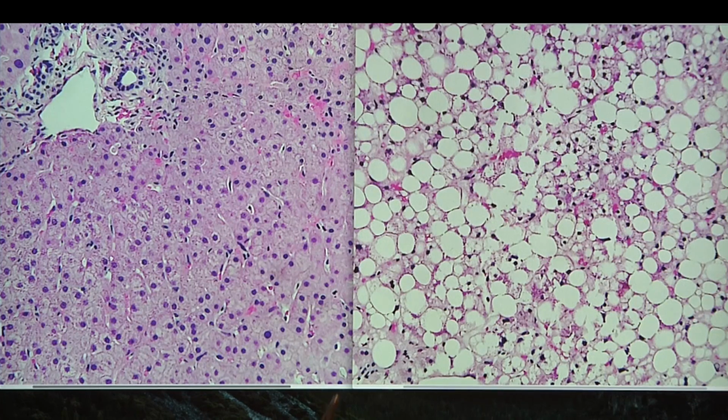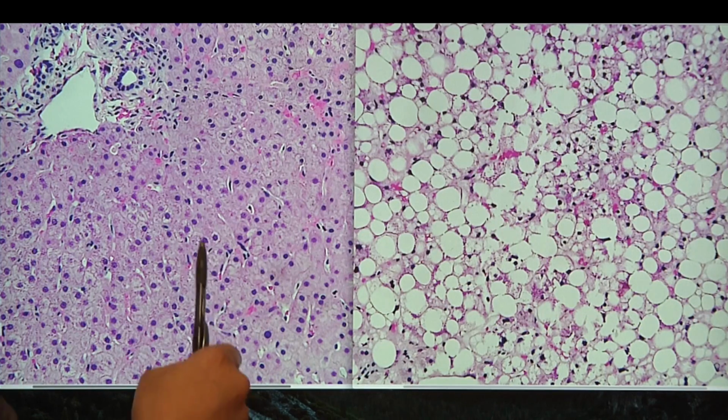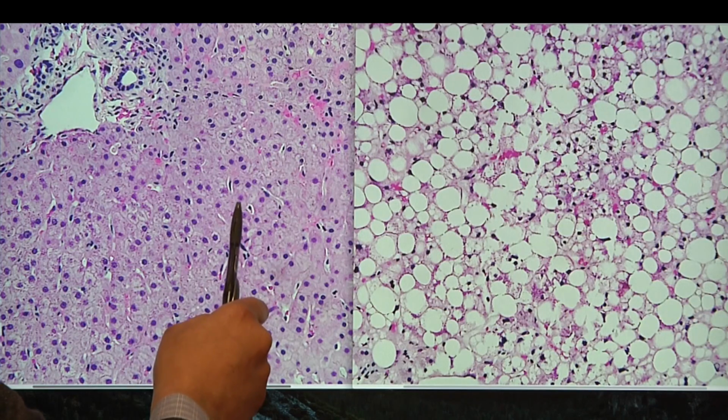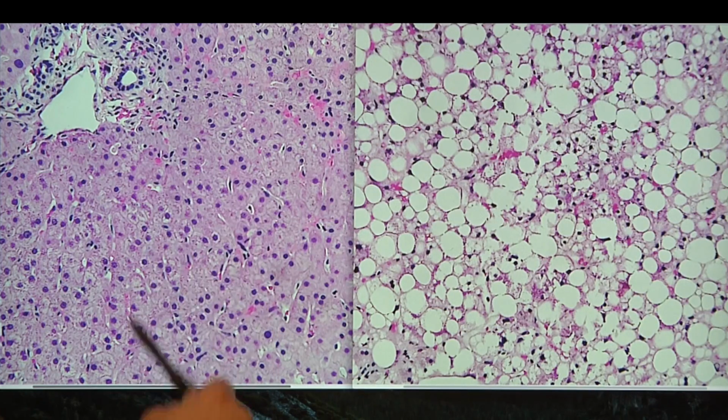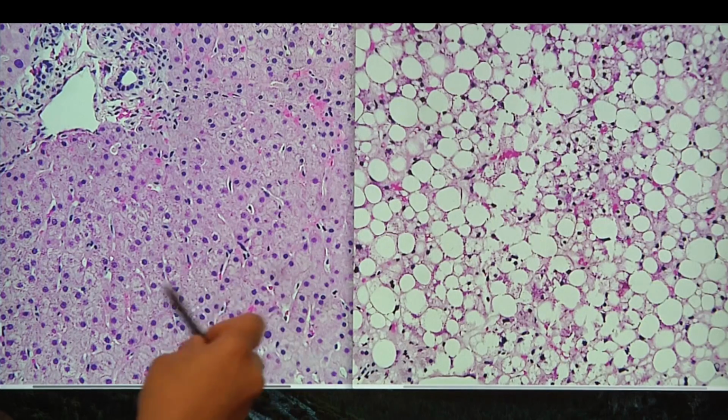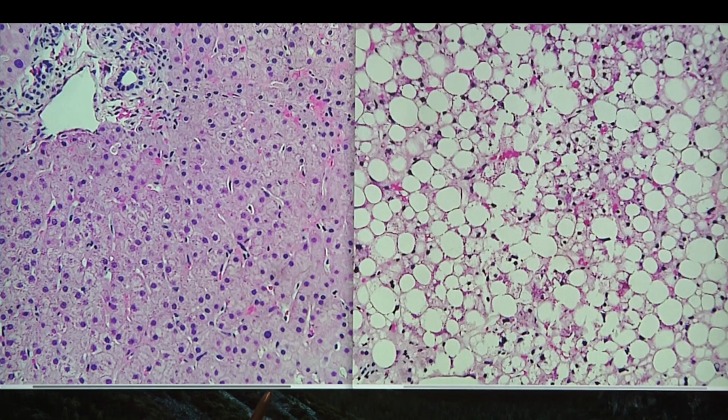These are pictures of biopsies from the liver that have been taken from various patients. On the left-hand side is your normal liver. This is magnified many times and looked at under a microscope. And you can see these are normal liver cells, the nucleus in the middle. And this is actually a bile duct that happens to drain this part of the liver where the biopsy was taken from, and this is a vein.